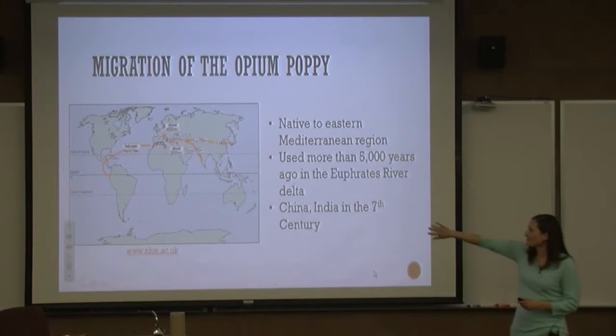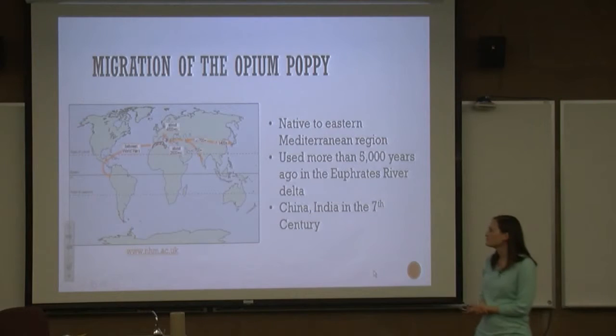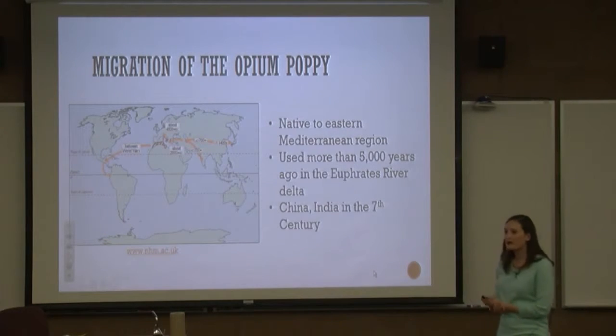So I'm going to have maps for all of the different plants that we're going to talk about, and they're all coming from the Natural History Museum in London. And their maps are really good. They have a website, Seeds of Trade, where they talk about all sorts of different seeds that have gone all over the world. This one, though, is the only one that I don't really agree with,